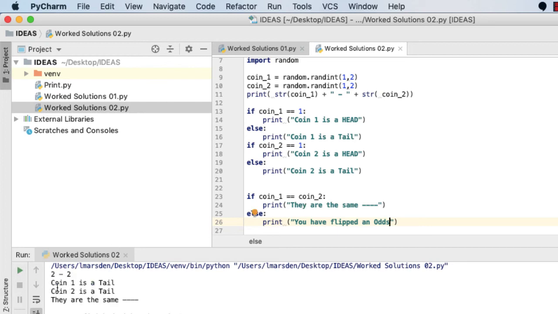Let's run it. Coin 1 and coin 2, they are the same. Well, coin 1 is a 2 and coin 2 is a 2. Therefore, they're both tails, which means they are the same. Okay, let's run it again. A 2 and a 1, we have a tail and a head. So therefore, we have flipped an odds. So everything's working now, except we need to resolve this little part in here to say, well, are they